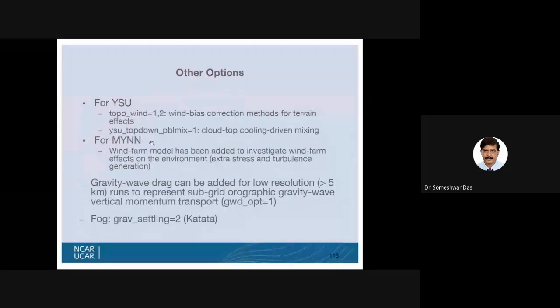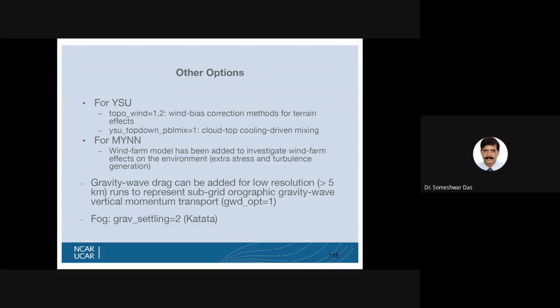Also, if you are trying to use the gravity wave drag parameterization, many models ignore that, especially the coarser models. But gravity wave drag, as I probably mentioned earlier in the class, arises when the flow is over mountain topography. As the wind collides with the mountain surface, it can create drag on the wind flow or create small gravity waves that are carried upwards along the slope of the mountains, and as they go up the waves break, and that way the momentum is transported from one level to another level.